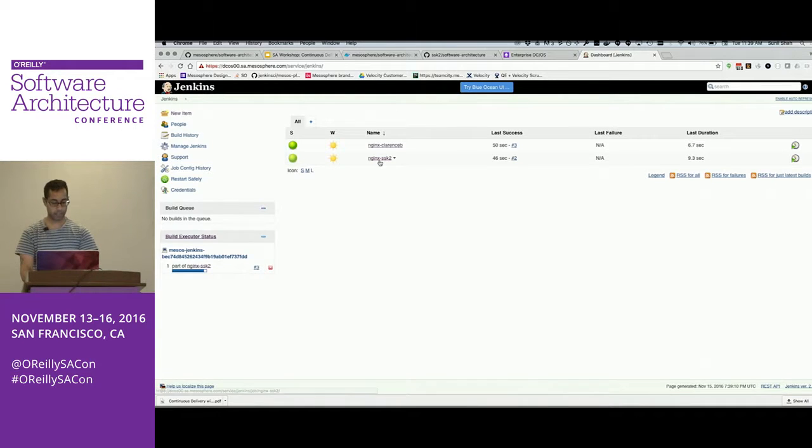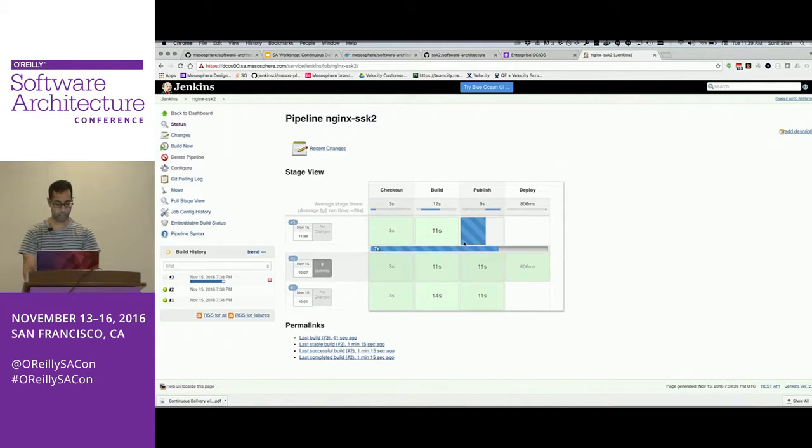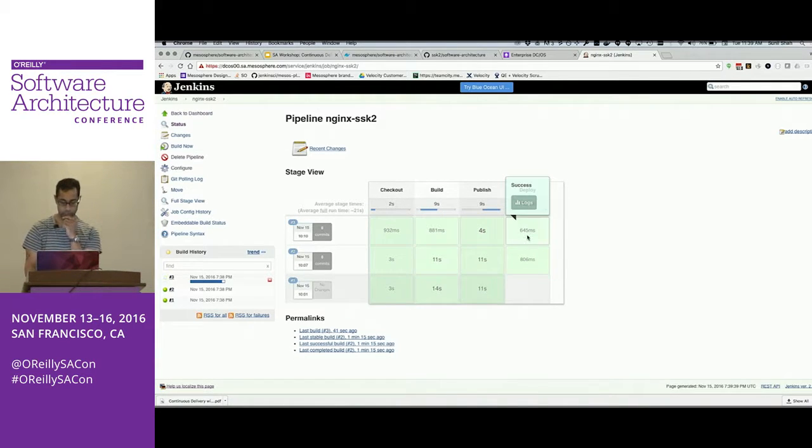OK, so that build ran successfully. If we look at the stage view here, you'll see that it ran all the way through to deploy. And then if I go to, oh, that's interesting. I didn't add a deploy step, or did I? Curious. Anyway,